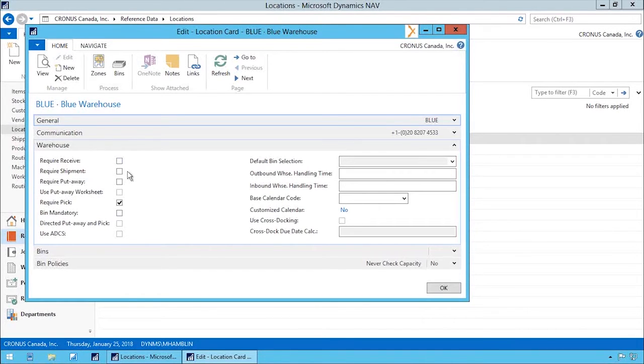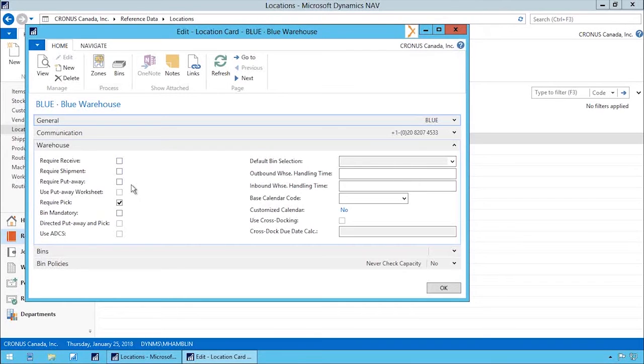The shipment does the same thing. So when we say require shipment, what that does is it creates a warehouse shipment. So instead of shipping from a sales order or transfer, we have a separate document in NAV that's a shipment that allows us to segregate, again, the duties for shipping into that, and also allows us to batch orders, so we can do multiple orders on the same shipment, and we can also split up orders as well, kind of like the receipts. Then we get require put away, which is kind of a weird place to put that checkbox, but require put away is more like